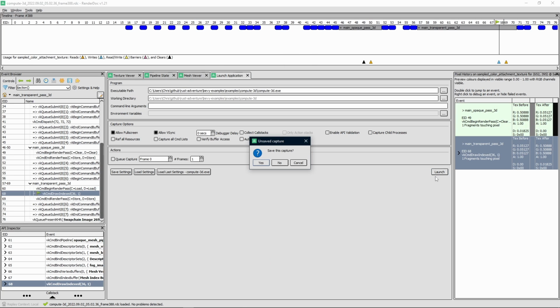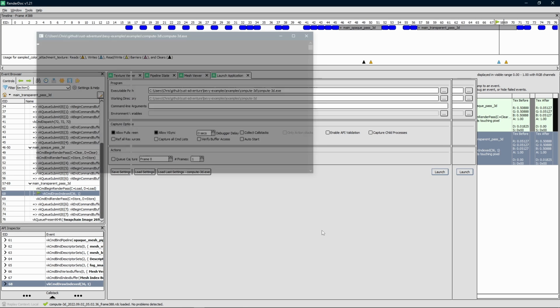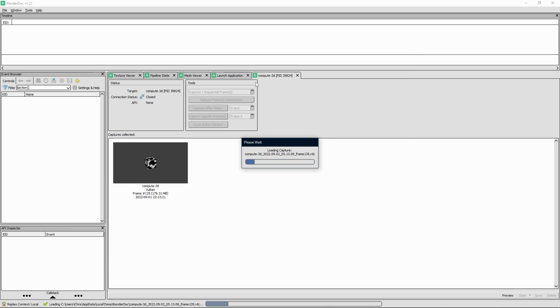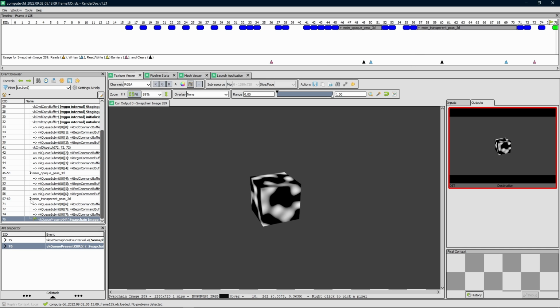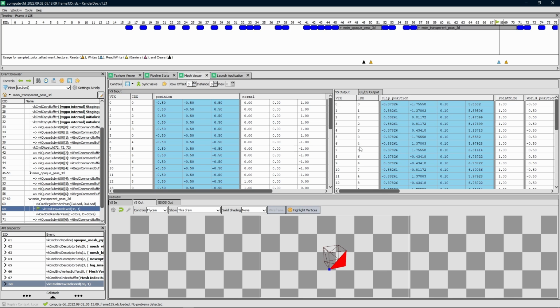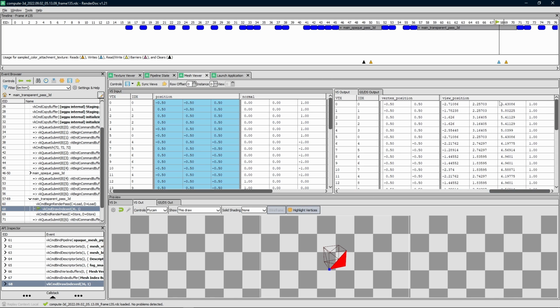And of course, if we launch the application again, don't save the capture, and we captured frame 135 this time, and I'll close it and we'll load the capture in, and I'll go down to the transparent 3D pass and go to the draw index command. And then we pop over to the mesh viewer and just take a look at the values again. You can see that the view position here is now positive in the Z index,